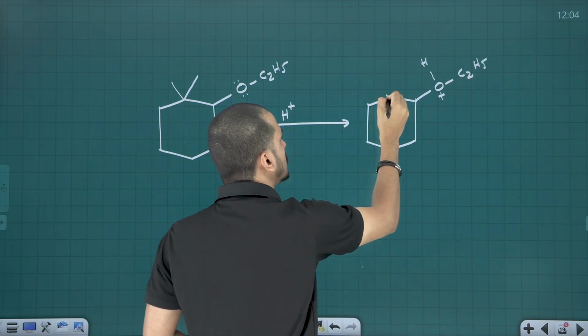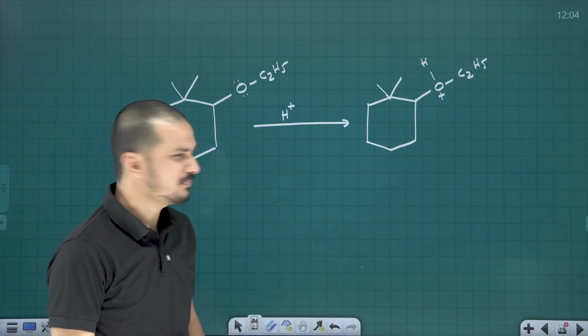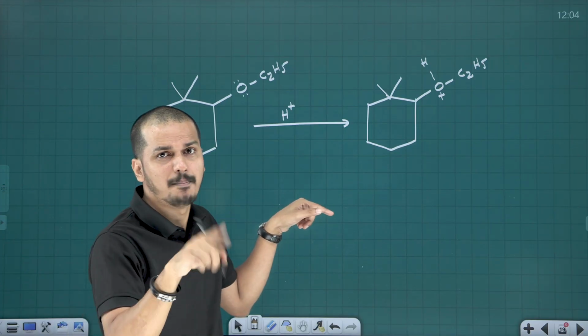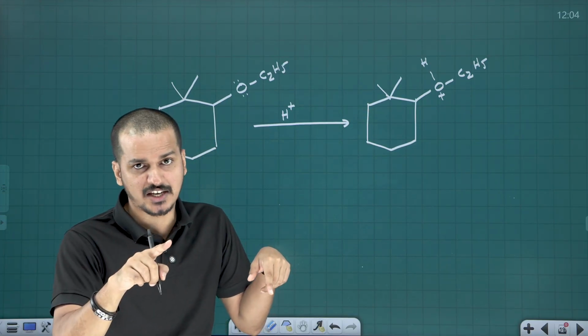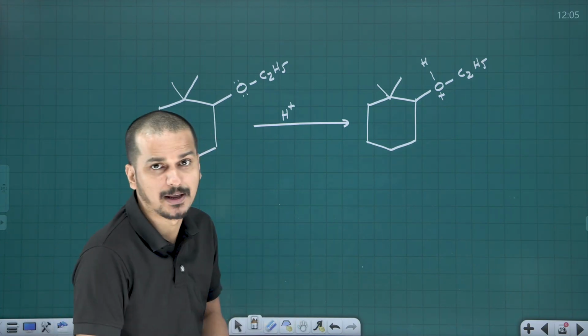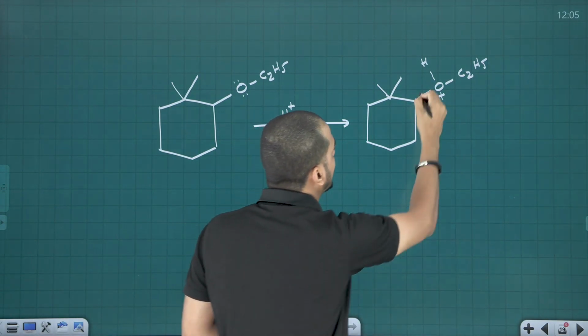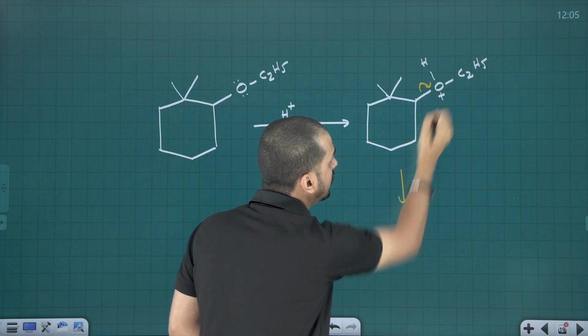Next, here two methyl groups are there. Now generally Br minus will come through backside attack, SN2. But here the possibility of a tertiary carbocation is there. That's why they will follow the SN1 mechanism. Here the oxygen will take that electron pair, so automatically that will form